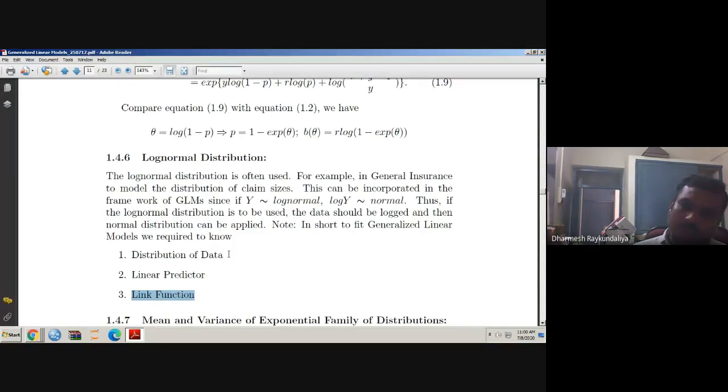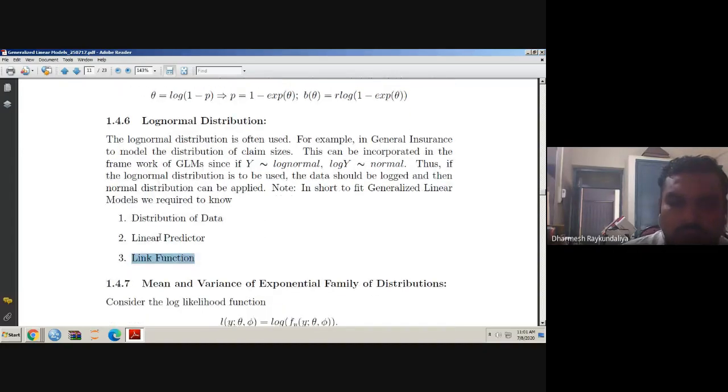We see that for the gamma, the link function is inverse. In a binomial distribution, the link function is the logit link. In a normal distribution, the link function is the identity link. In a Poisson distribution, the link function is log mu. In a negative binomial, log of 1 minus mu, etc. So whatever the value of theta in the form of mu we have obtained is said to be a link function. Generally theta can be written as g of mu, where g is some function of mu. It may be mu, it may be log mu, it may be 1 by mu, it may be log 1 minus mu, etc. So these are the three very important things.